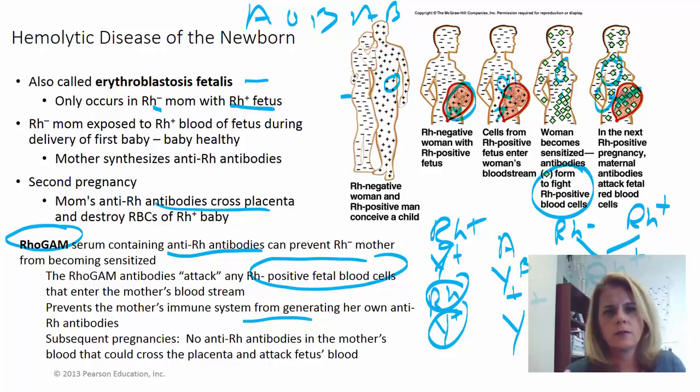And so once a mother is Rh negative and she's had an Rh positive baby, they're going to give you RhoGAM so that she won't attack the fetus. Now, if you're Rh negative, don't be surprised, even if it's your first pregnancy, that they give you RhoGAM, because a lot of women are pregnant and never know it. You may spontaneously miscarry within the first couple of weeks of pregnancy, and you never knew that you were pregnant, so never knew that you'd already been exposed to Rh positive antigens. So a lot of times they'll just go ahead and give an Rh negative woman RhoGAM just to be on the safe side, because like I said, you may have been pregnant and did not know it.